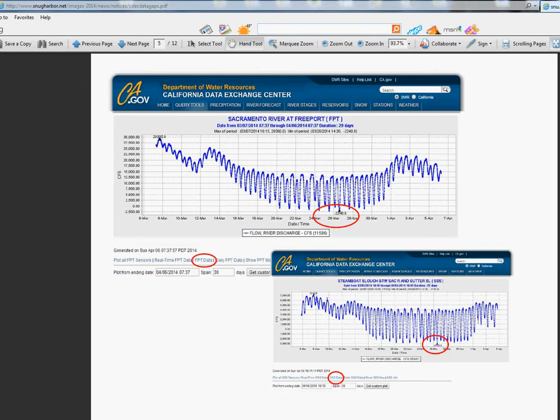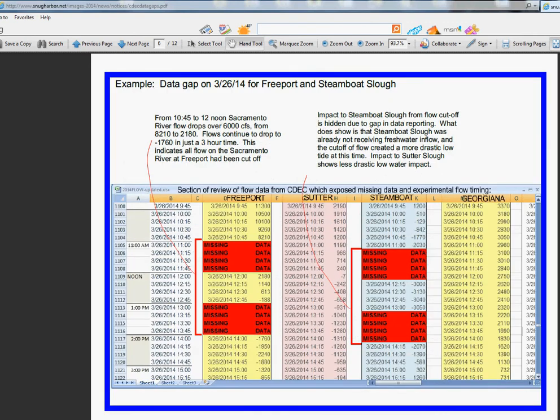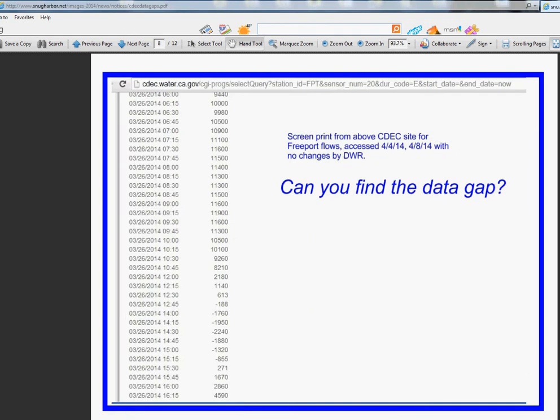So here you go and you see this website, the CDEC, the California Data Exchange Center, and you see that this is the Sacramento River, for example, on March 26th, 2014, and it shows the different examples. That's March 28th below, so you see what it looks like. And then this FTP data, that's Freeport data, you get those numbers. What you pull up is a chart that looks like this. You have to import this into Excel, and then review it really carefully, because when I imported Freeport, Sutter, Steamboat, Georgiana, and Lower Sacramento River gauges,